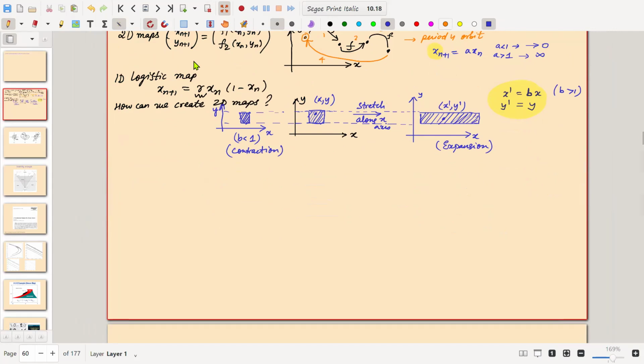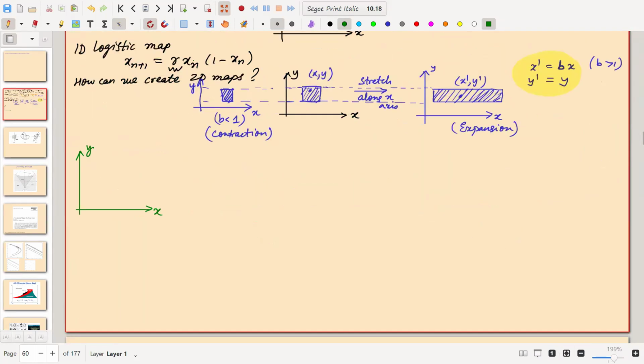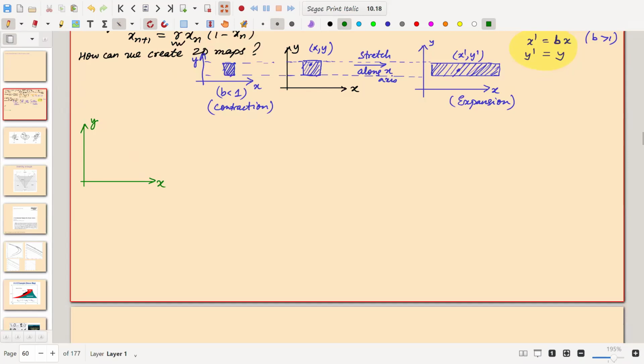So what he did is similar to the way I showed you. Let us use some other color, maybe this one. These are xy coordinates. Maybe we'll draw in a different way. So you have this xy strip, right? Now the question is,